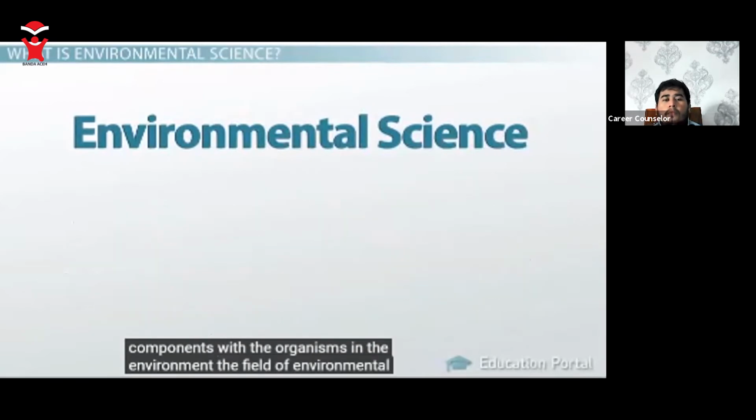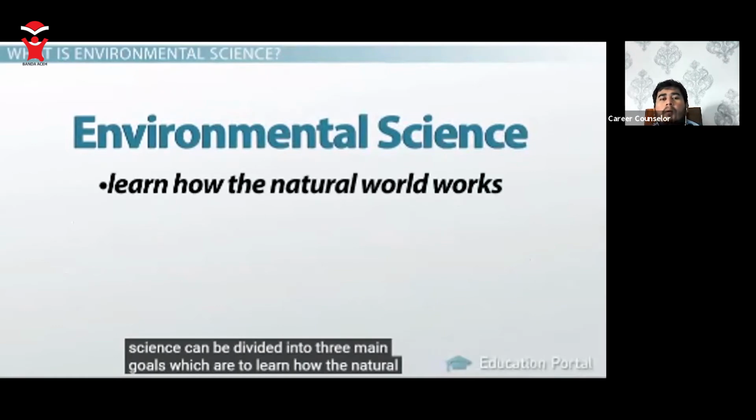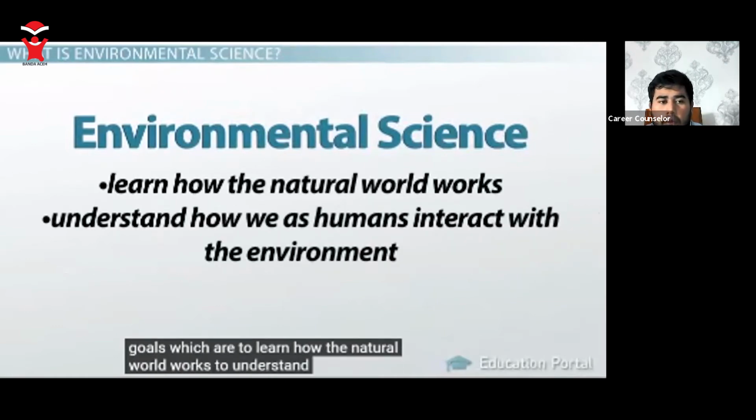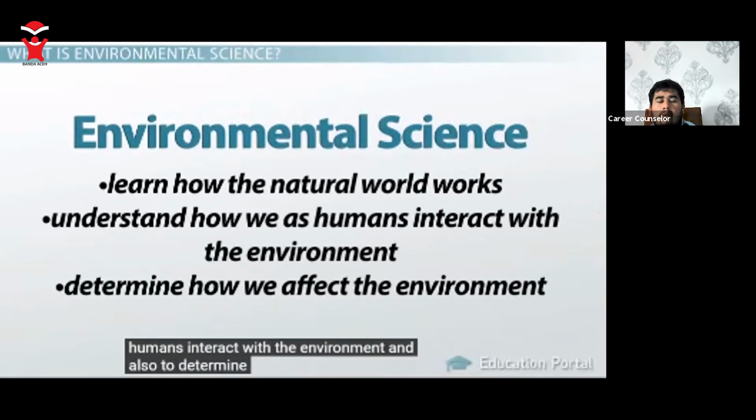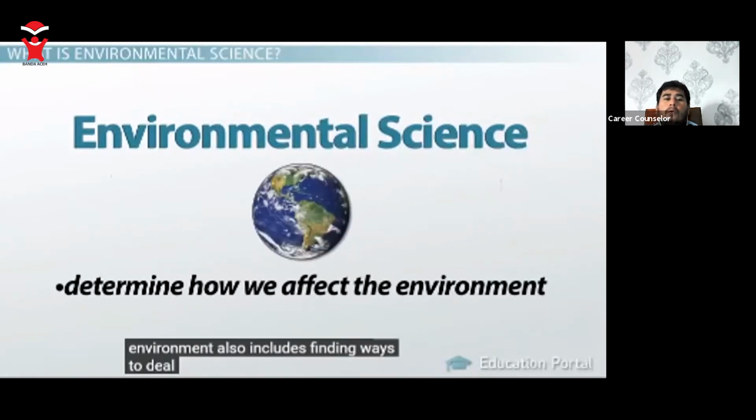The field of environmental science can be divided into three main goals, which are to learn how the natural world works, to understand how we as humans interact with the environment, and also to determine how we affect the environment. The third goal of determining how humans affect the environment also includes finding ways to deal with these effects on